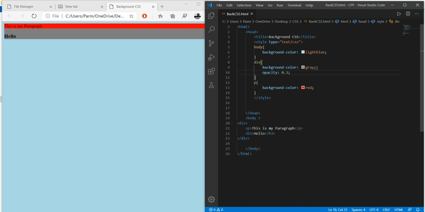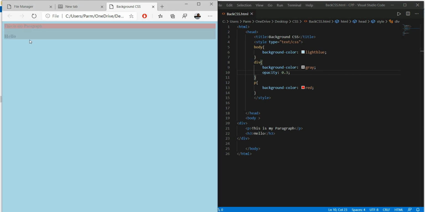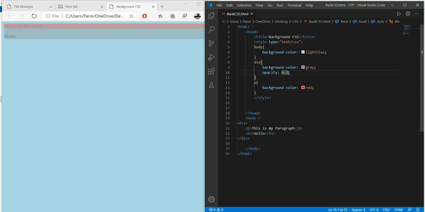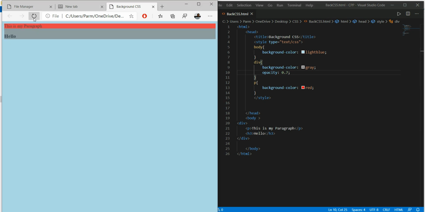Save it, refresh it now. Okay, if I increase this value, the transparency changes, say I will put it 7 and refresh it. So this way we can use the paragraph background colors.